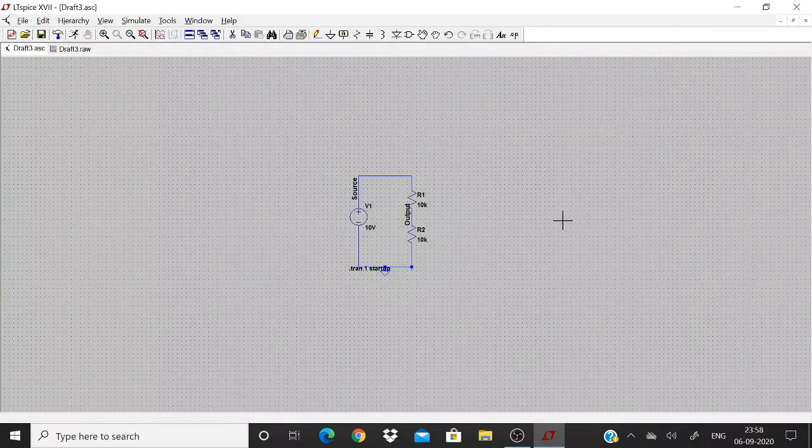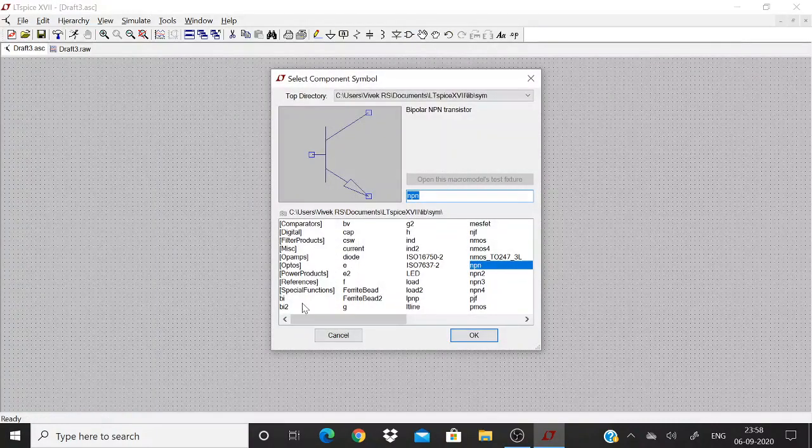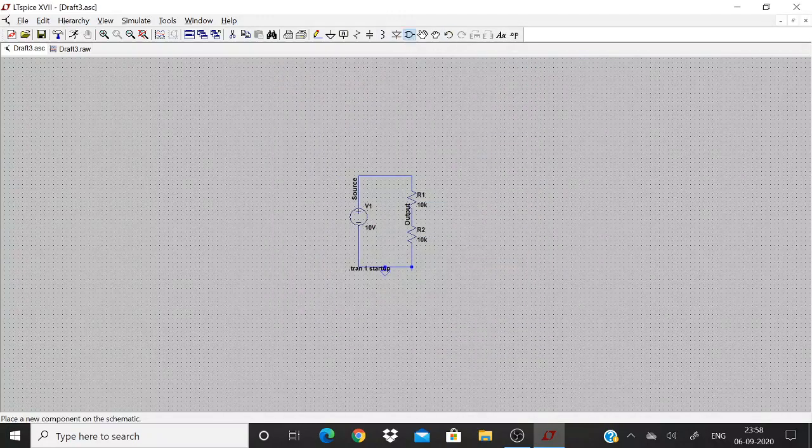So today you have understood how to pick and place the components. I can even select a different component. Some frequently used components are available as such, including label net, resistor, capacitor, inductor, diode, etc. And if it's a rare component, not frequently used, you can go to the component icon and click it.